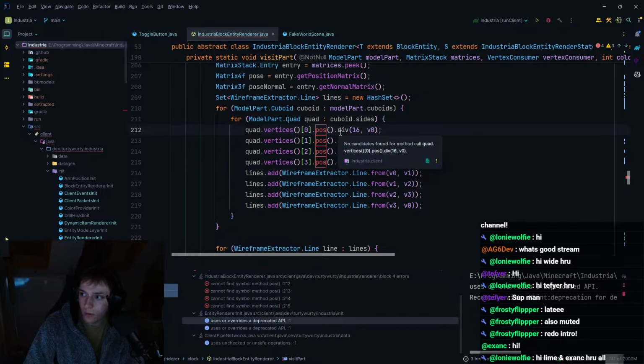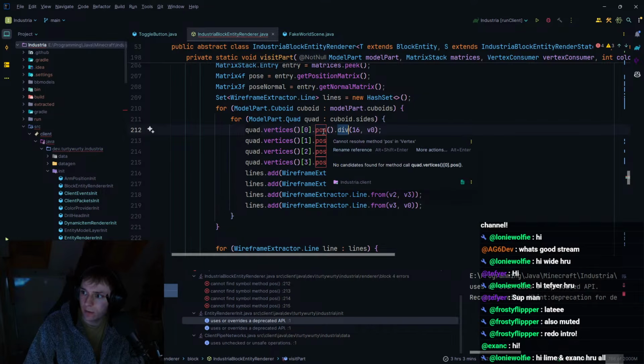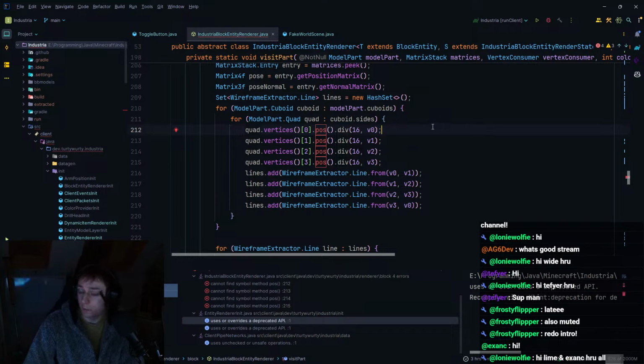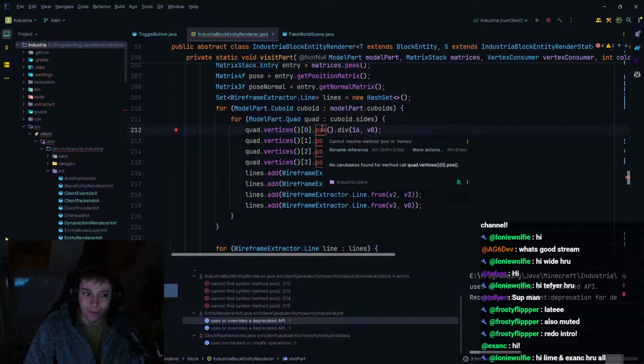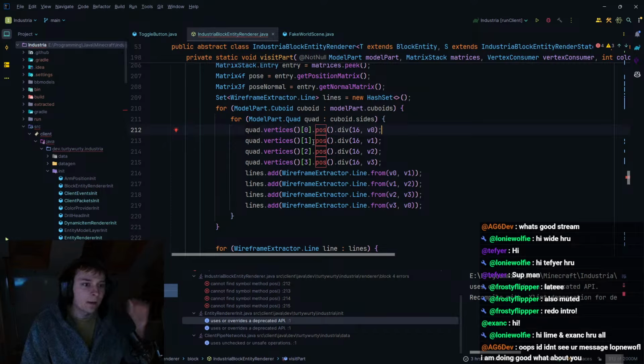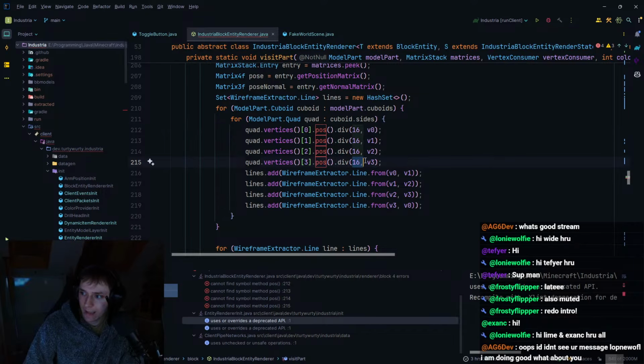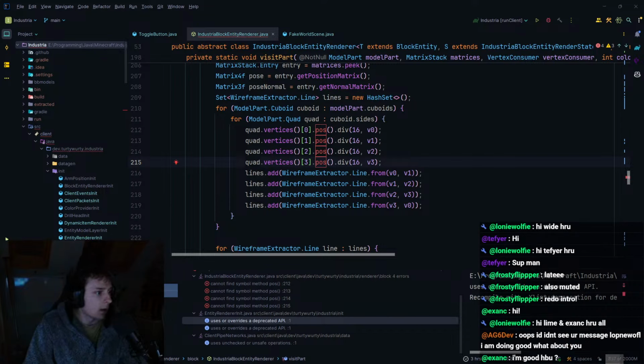I assume that this would divide the... I don't know. Actually, I genuinely don't know. I think it divided the position of the vertices divide by 16, right? That makes sense. I'm just not entirely sure how it did that. I don't really know what this is doing. I don't know what this div method does. I think I'm most confused on what this div method does. One